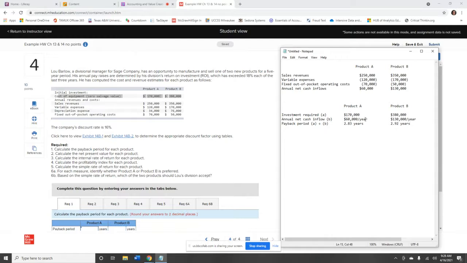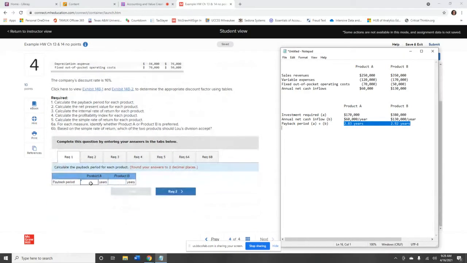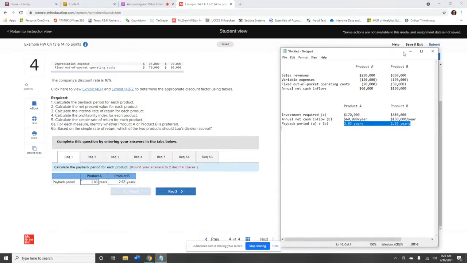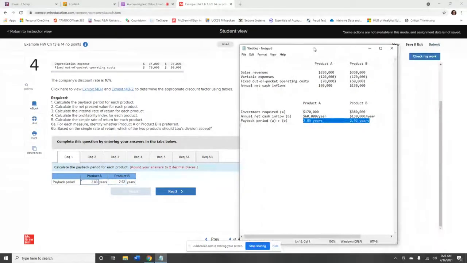So this is your answer, right? What they wanted to know is what's the payback period. So our payback period then is 2.83 years and 2.92 years. All right, so this is your answer to problem 1, requirement 1 in the problem for chapter 4,